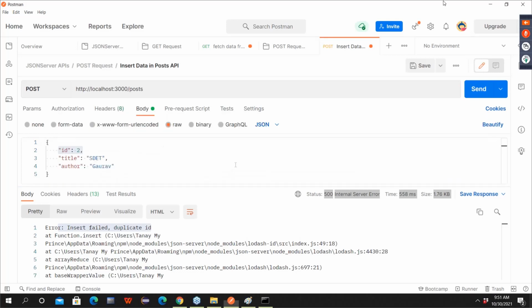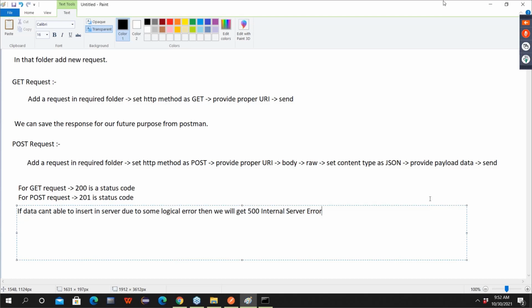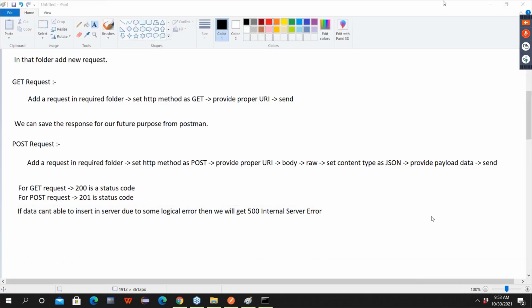So that means if data can't be inserted in the server due to some logical error, then we will get 500, which means internal server error. Is everyone clear up to this? Yes, sir.